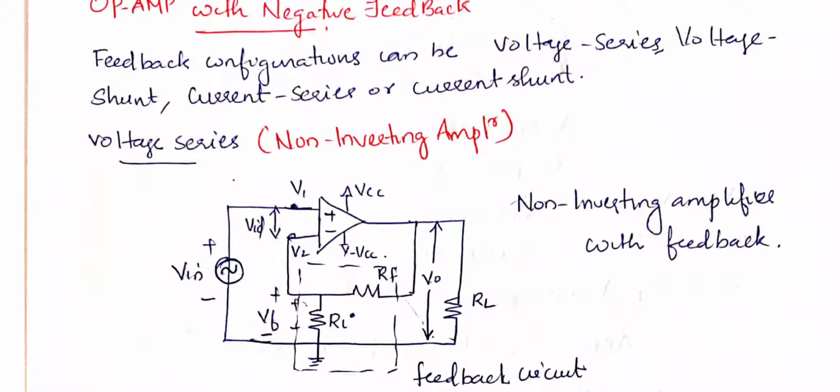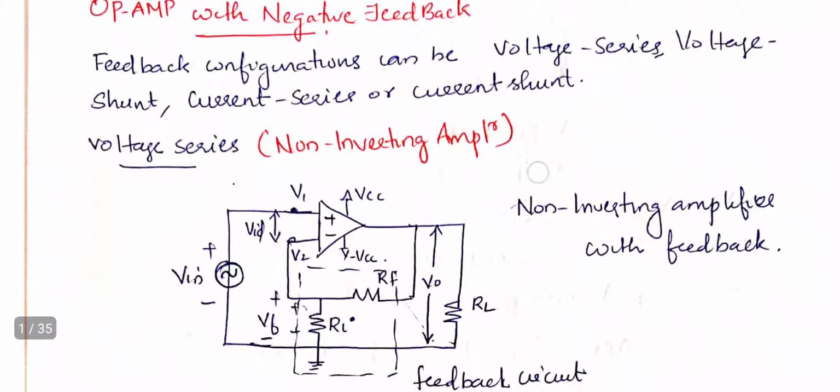Those all things we have seen, and certain parameters associated with op-amps like common mode rejection ratio CMRR, slew rate, input offset voltage, output offset voltage, input bias current, bandwidth, then PSRR, meaning power supply rejection ratio. So these are the certain parameters associated with op-amp. Those definitions also you have to go through. Then the ideal characteristics of an op-amp also we have studied. It generally has high gain, high input resistance, zero output resistance, high slew rate, etc. So the initial things you have to study before going to this module.